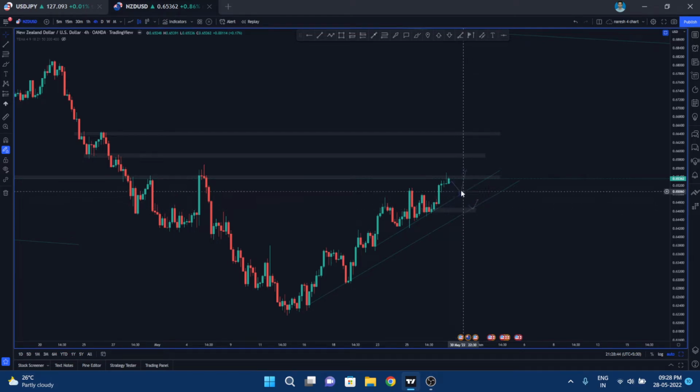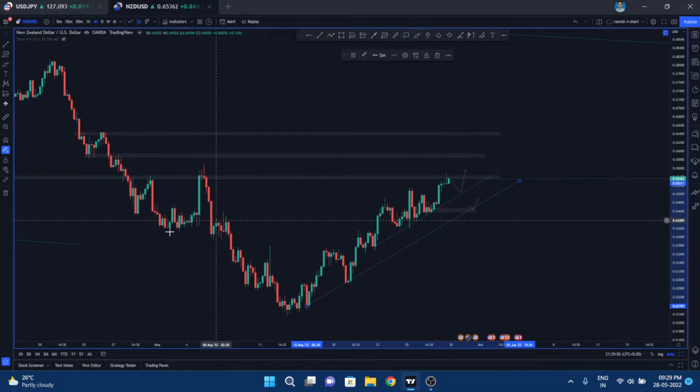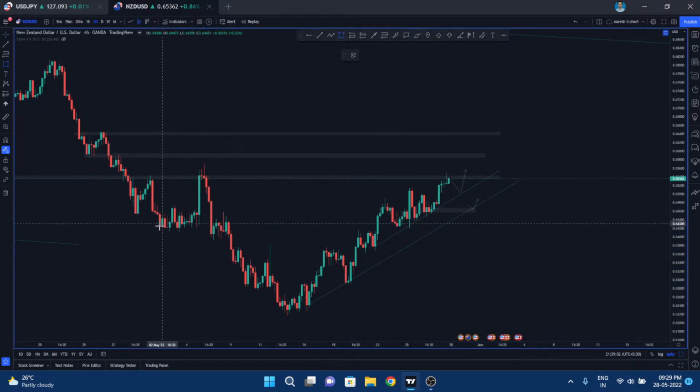And again, if it is not holding this trend line, the 4 hour trend line, also consider this line as well. So if it is not holding this trend line, you can look for entries right here as well. If it is going short, I'm not interested, guys, because here we have support in this area and it is bullish compared to other pairs.